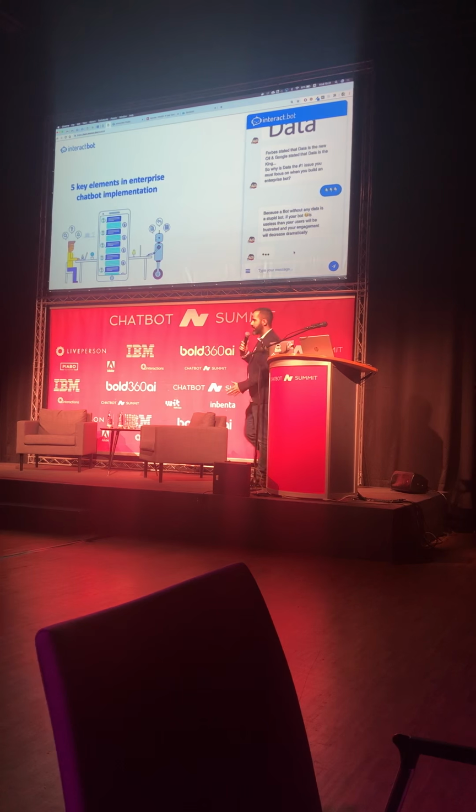Once you understand the importance of the data for our bot, the hardest part comes. What is the hardest part? It is the security and the infrastructure. When you go to the security department, they always say no. First of all, they say there is a privacy concern, it's unsecure, and so on. And when you design a bot for enterprise, the deployment is one of the keys in terms of security. So you have to be sure that you choose a provider or solution which supports 3